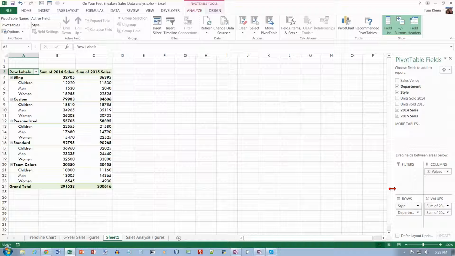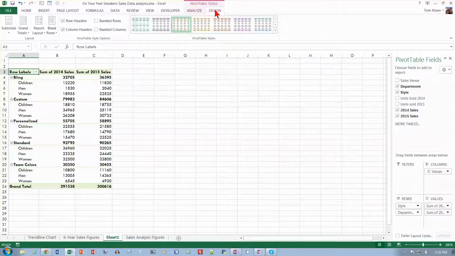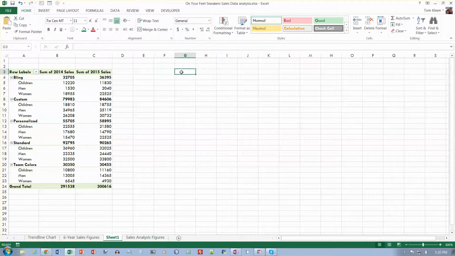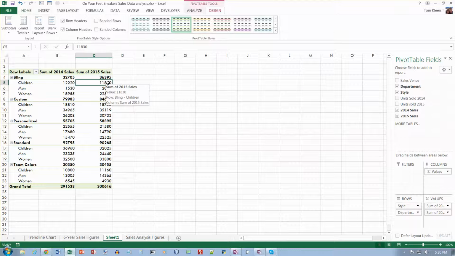Now let's go to the top of page 489, and we want to go to the Design tab. Up here we get these two tabs that appear when we're working on a pivot table. By the way, notice if you click off of the pivot table, all that stuff up here disappears. So if you ever lose the pivot table stuff, it just means you clicked off the table somewhere. So I'm clicking back on it again, and we're going to go up to the Design tab,